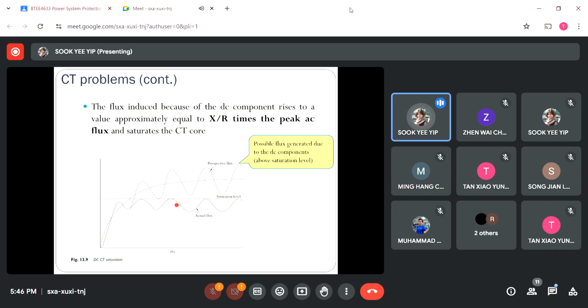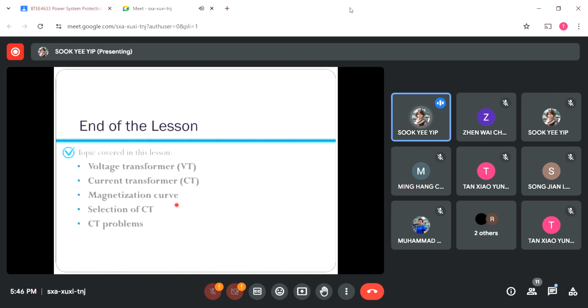So with that, we are reaching the end of this class for chapter 3. We have talked about voltage transformer, most of current